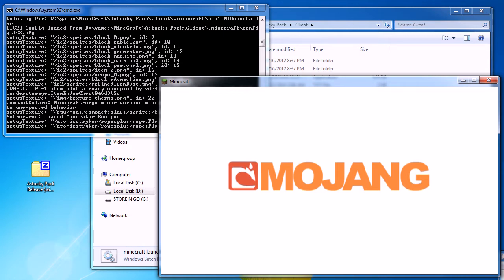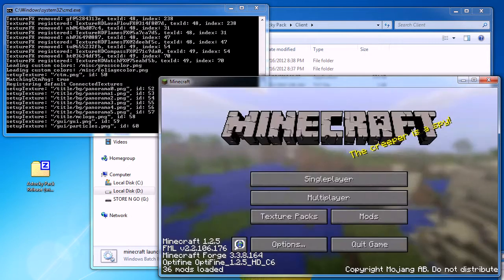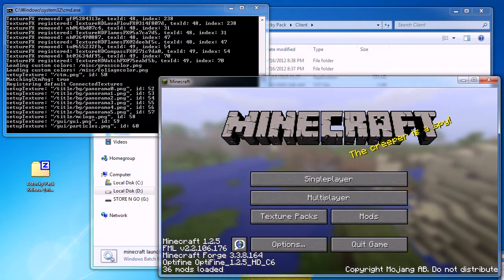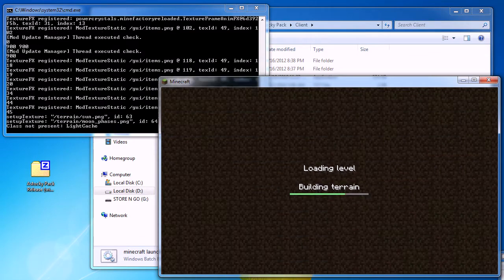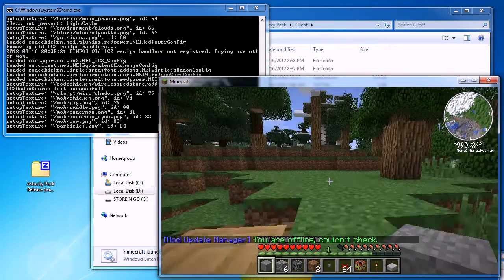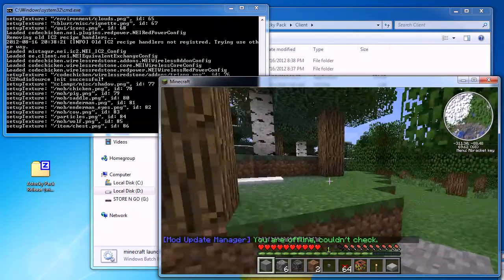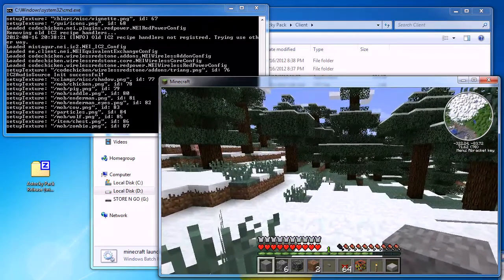There you go. Everything's continuing to flow in the background nice and fast, and there we are. So you can see here Minecraft 1.25, everything's loaded, and I can jump into my test world now and show you around that. Everything is working. The only downside that I've noticed, and I haven't noticed why it does it, is that it